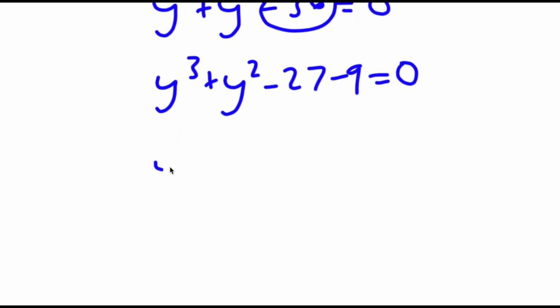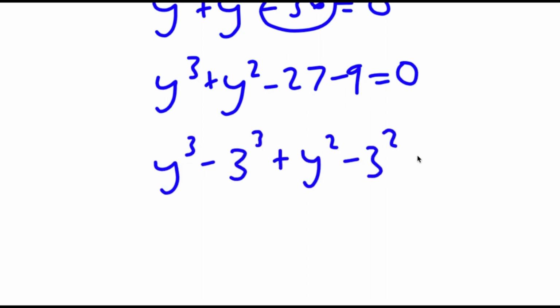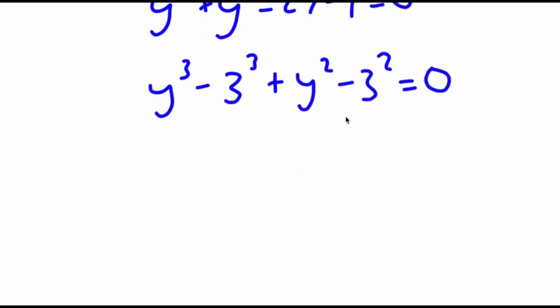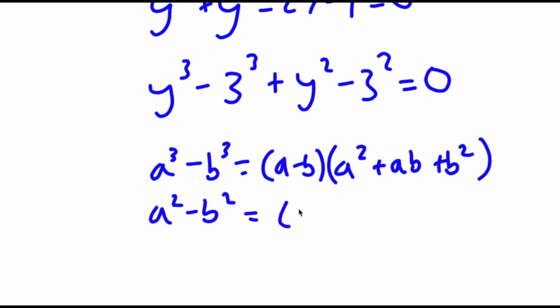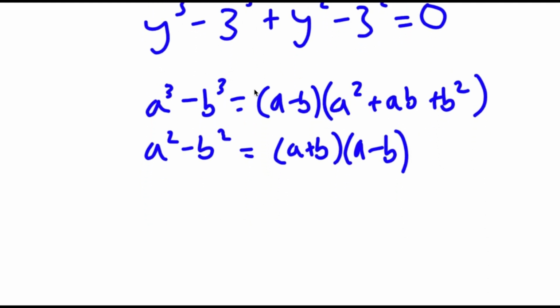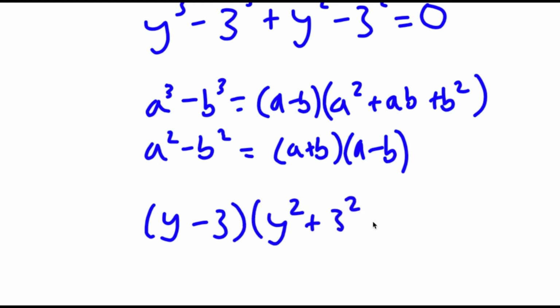And now I can rewrite this as y to the power of 3 minus 3 to the power of 3 plus y squared minus 3 squared is equal to 0. So if I have something in the form a to the power of 3 minus b to the power of 3, this is equal to a minus b times a squared plus ab plus b squared. And if I have something in the form a squared minus b squared, this is equal to a plus b times a minus b. So in this case, I can rewrite y to the power of 3 minus 3 to the power of 3 as y minus 3 times y squared plus 3 squared plus 3y,